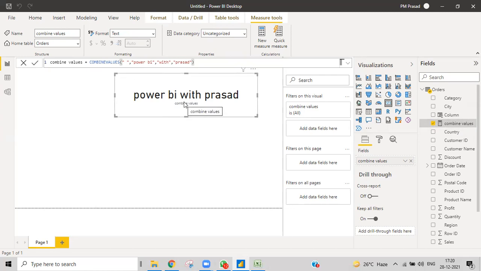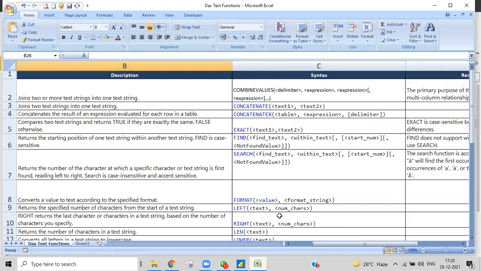Go ahead, ask me. The first argument is the delimiter, correct? Yes, the first argument is the delimiter, and after that the expression. The expression is nothing but the string value, the second string, the third string. Whenever something is in square brackets, it is optional.